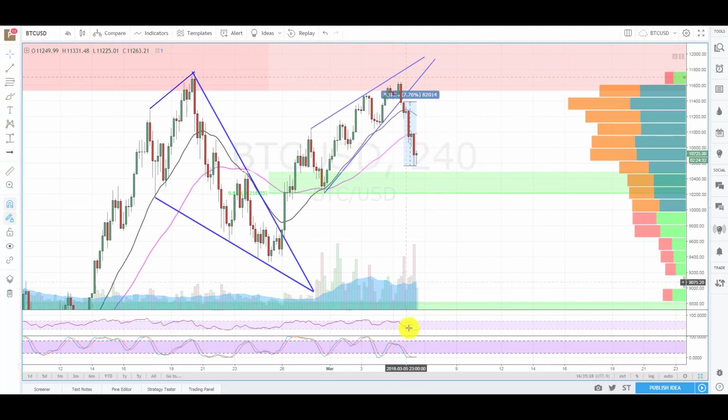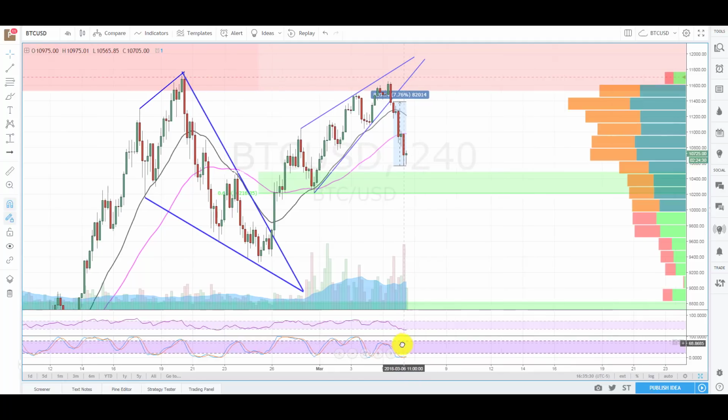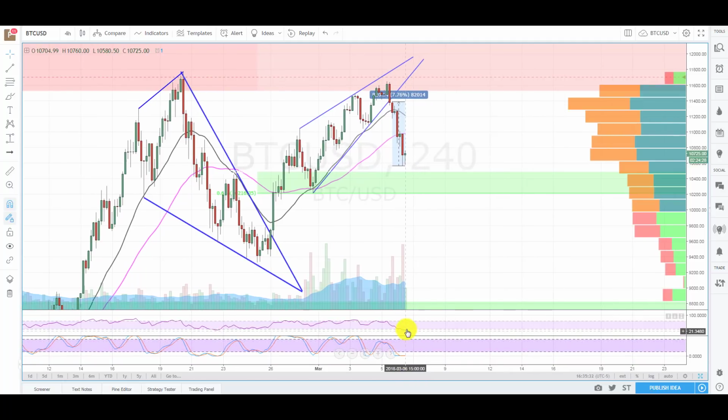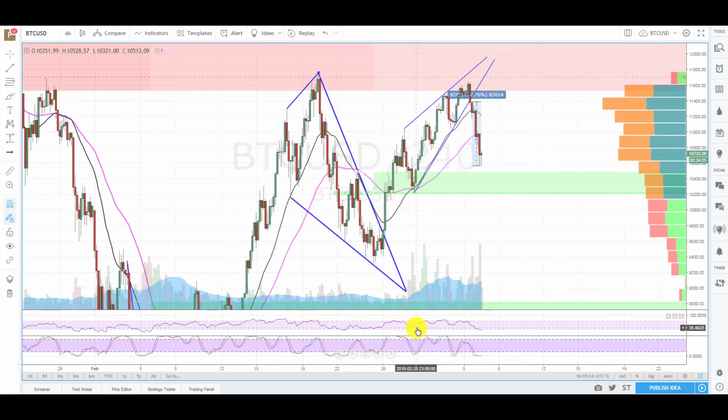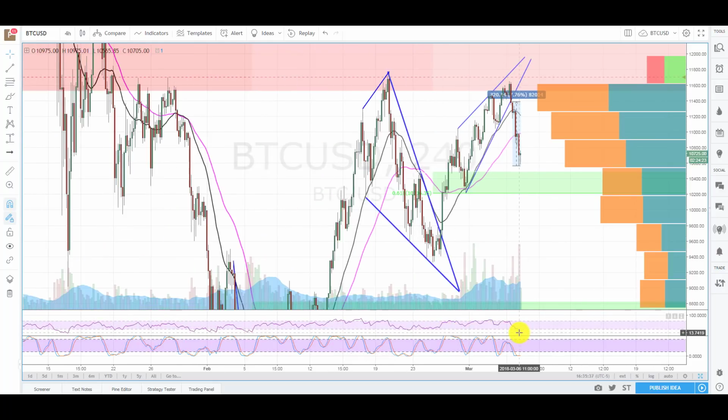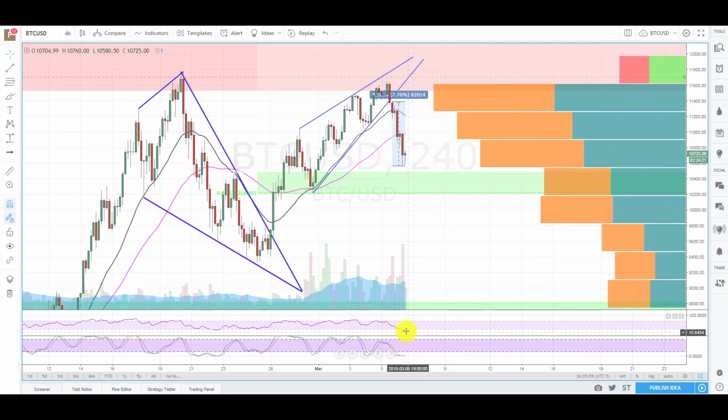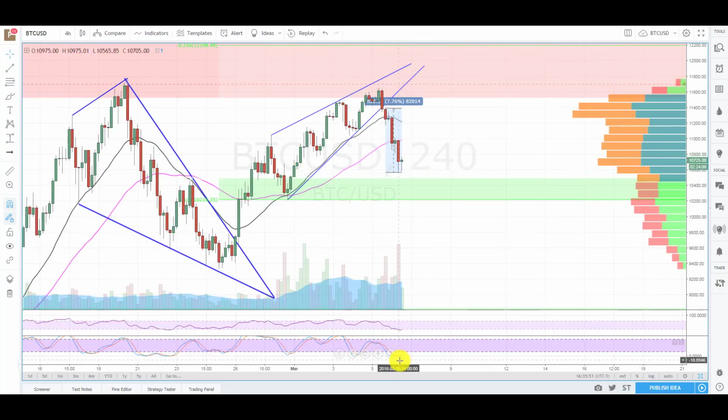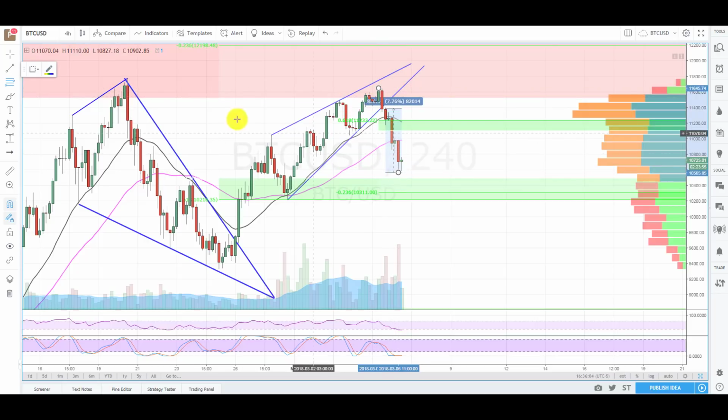But we'll see. Now we're oversold on the 4 hour, and the RSI is oversold. Usually on the RSI, when we start getting down to these levels on the 4 hour, we will see a turn up. So there's enough here technically to give some upside potential on this move. Focusing on the Bitcoin technicals, what the bulls would be looking to do is clear this level above 11,233. If you can get back above that,